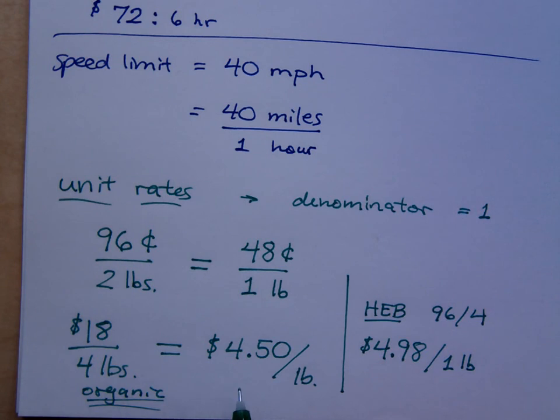Now, the problem with that is that you have to have a place to put it. Okay? Freezer, if you can go to Costco. Yeah, if you've got a good stand-up freezer, or even a deep, big one, whatever. But if the only thing I'm cooking this week is just one meal that has ground beef, I'm just going to buy this. Even though this is cheaper per pound, if I don't have room to store it, then I'm going to have half of this money wasted and thrown in the trash. So we want to compare unit costs to see what the better deal is, right? Stay tuned for some really